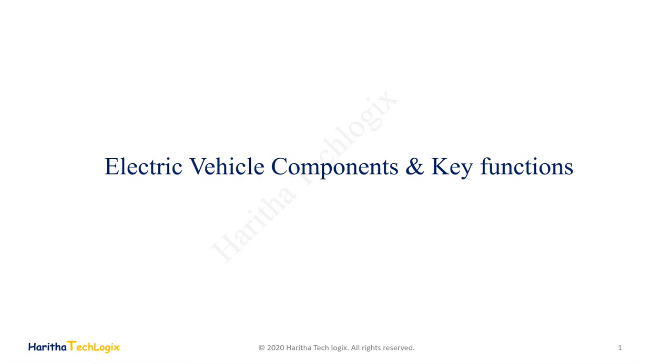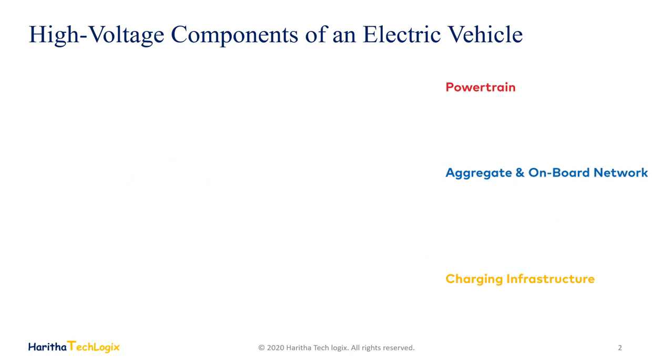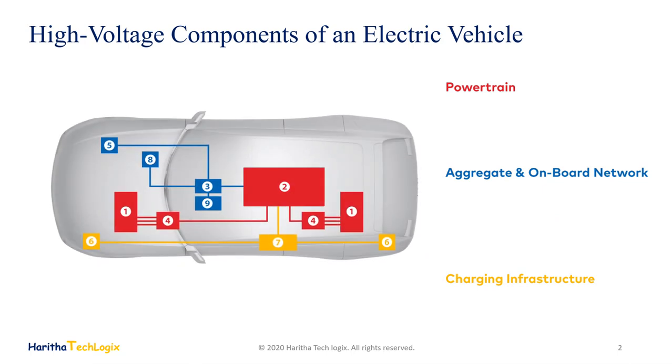An electric vehicle with working voltage greater than 60 volt DC and or greater than 30 volt AC will fall under the high voltage category. And any voltage below this category, for example, 48 volt, 24 volt, 12 volt, all these things will be considered as a low voltage electric vehicle. In this section, in order to include all the possible electric vehicle components, I am considering a high voltage electric vehicle. So when we consider a high voltage electric vehicle, these are the key components of the electric vehicle.